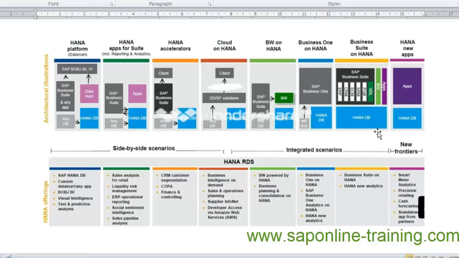So also you can build new apps on HANA. This is the overall perspective that HANA can support. It can support as a HANA platform. It can support HANA accelerators. HANA can be deployed on cloud. BW can use HANA as a database. Now Business One on HANA for small scale, Business Suite for large scale customers, and also you can build apps